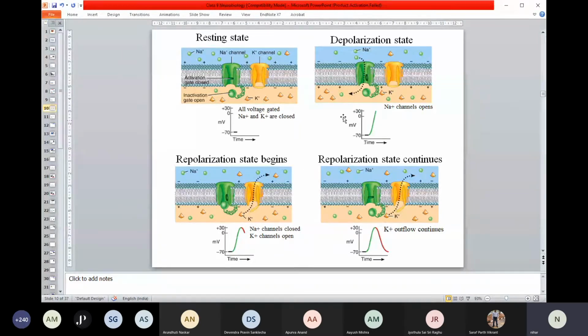So now the voltage-gated potassium channel opens, and once that happens, the potassium ion goes out of the cell. It's just the reverse process. Once the voltage-gated potassium channel is open or activated, the potassium ion goes out. That leads to the dropping of the peak. So the inner side is gradually repolarized, coming back to its normal state. The peak is falling down, and at some point it comes back to normal. So this is how the event takes place.